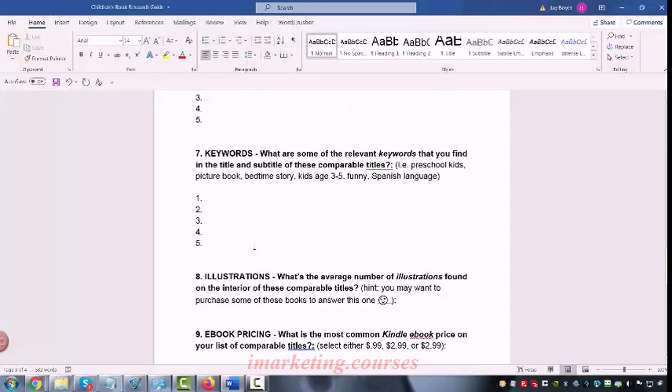What about keywords? Are there any relevant keywords that you're going to find on this list of comparable titles in this book category or genre or niche that you're thinking about publishing your first kids book to? They could be specific and calling out your ideal reader. For instance, for kids age 3 to 5. They could be a bedtime story, maybe picture book, preschool kids, Spanish language, funny, spooky, gross out, whatever keywords that you find inside your comparable titles that are relevant and worth taking note of, go ahead and enter them here,